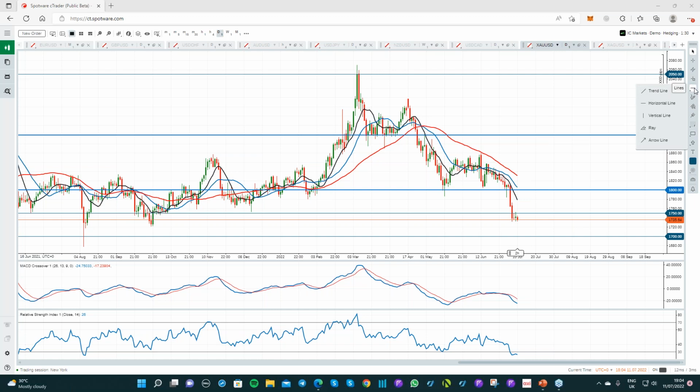Now, fifth item down in the list, if you just hover your mouse over, then this drop-down menu will pop up. And the options to click on are trend line, horizontal line, vertical line, ray, and arrow line. And of course, we're talking about support and resistance levels, so we're talking about needing to draw horizontal lines. So I'm going to click on horizontal line,